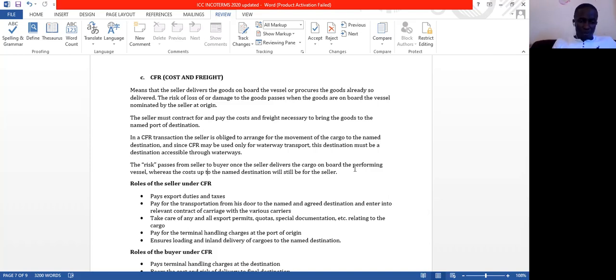Now, the risk passes from the seller to the buyer once the seller delivers the cargo on board the performing vessel. So whereas the cost after the named destination will still be for the seller. Also the seller under the CFR pays export duties and taxes, pays for the transportation from his door to the named and the agreed destination, takes care of any and all export permits, pays for the terminal handling charges, ensures loading and